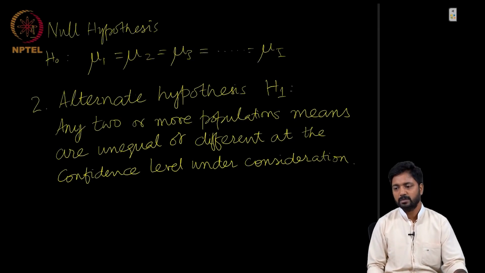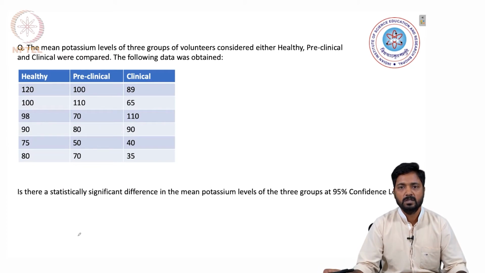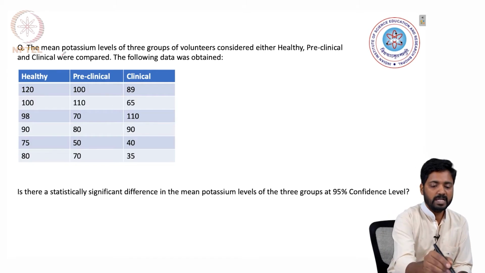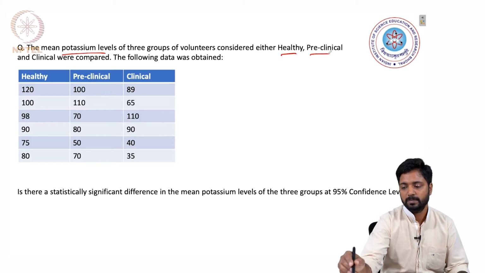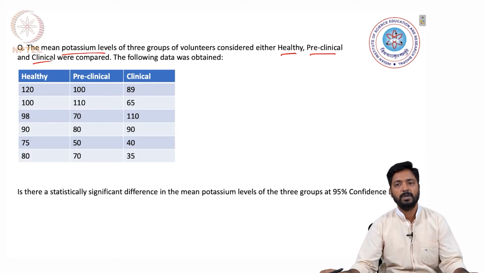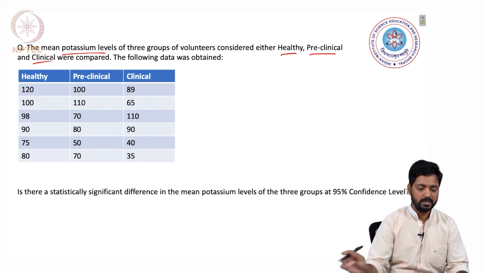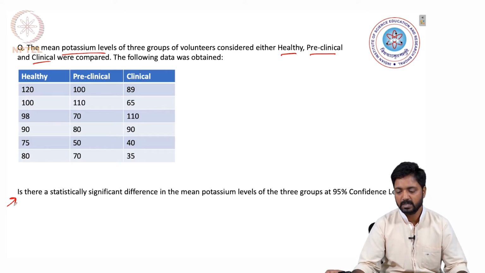So let us go back to the presentation, and what I have here for you is a sample question where we are comparing the mean potassium levels of 3 groups of volunteers which are considered either to be healthy, preclinical or clinical, and their potassium levels are compared, and the question that we would want to address is given below, and that is: is there a statistically significant difference in the mean potassium levels of the 3 groups at 95%